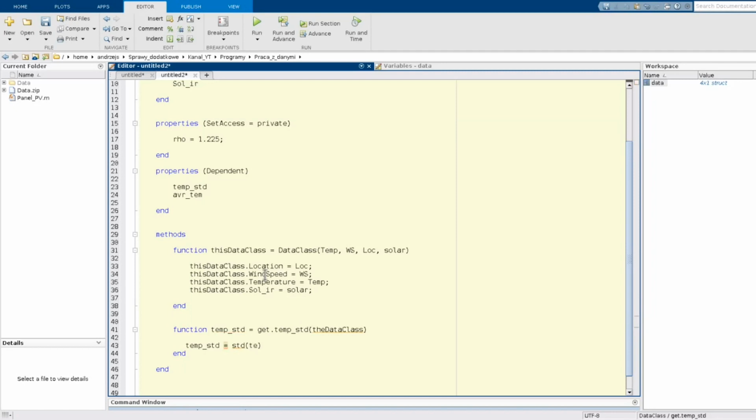for the temperature vector, which is in the field temperature in this object. So the data class, I call that particular object, I call the temperature field, which is the vector. Okay, and that's all.